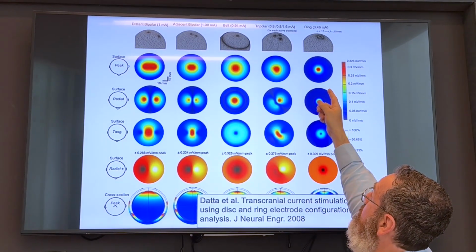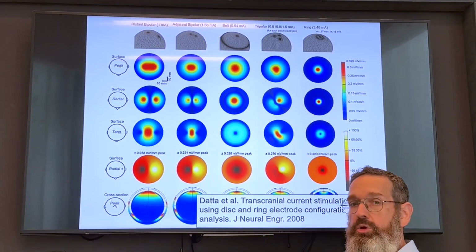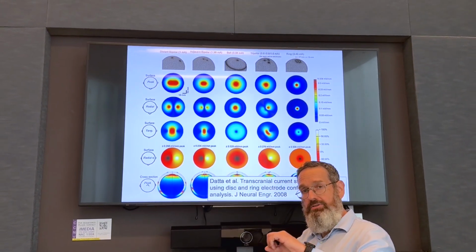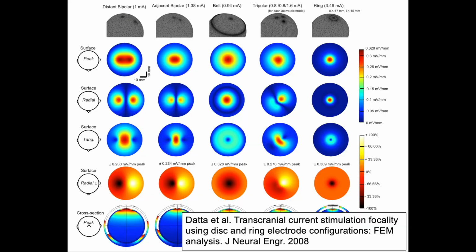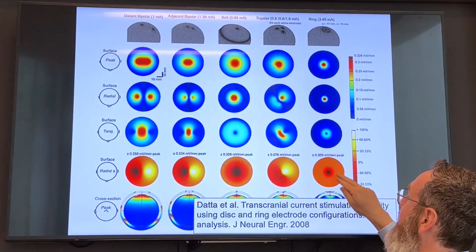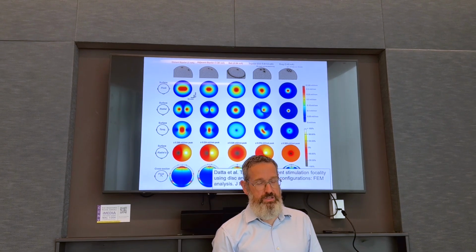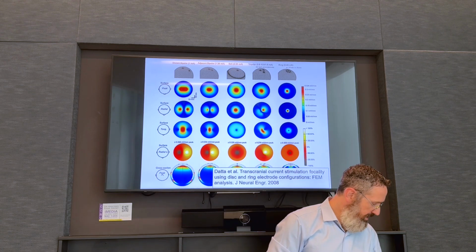So you can see here that the ring montage, which is the one where you have one center electrode surrounded by a ring electrode, produces rather focal current flow, and is also more unidirectional. So you can see here we just have this black dot, a more unidirectional current flow, and I'll get back to that and why we find this montage particularly compelling. Okay, now,